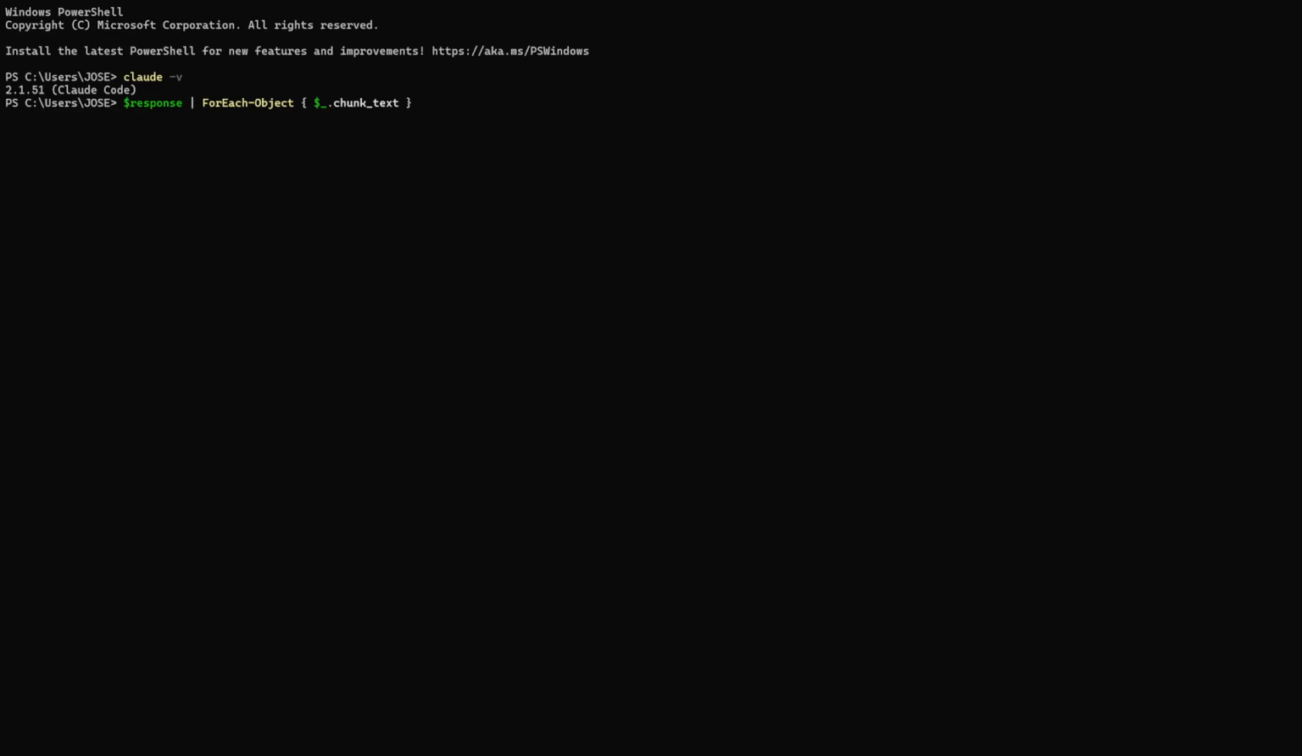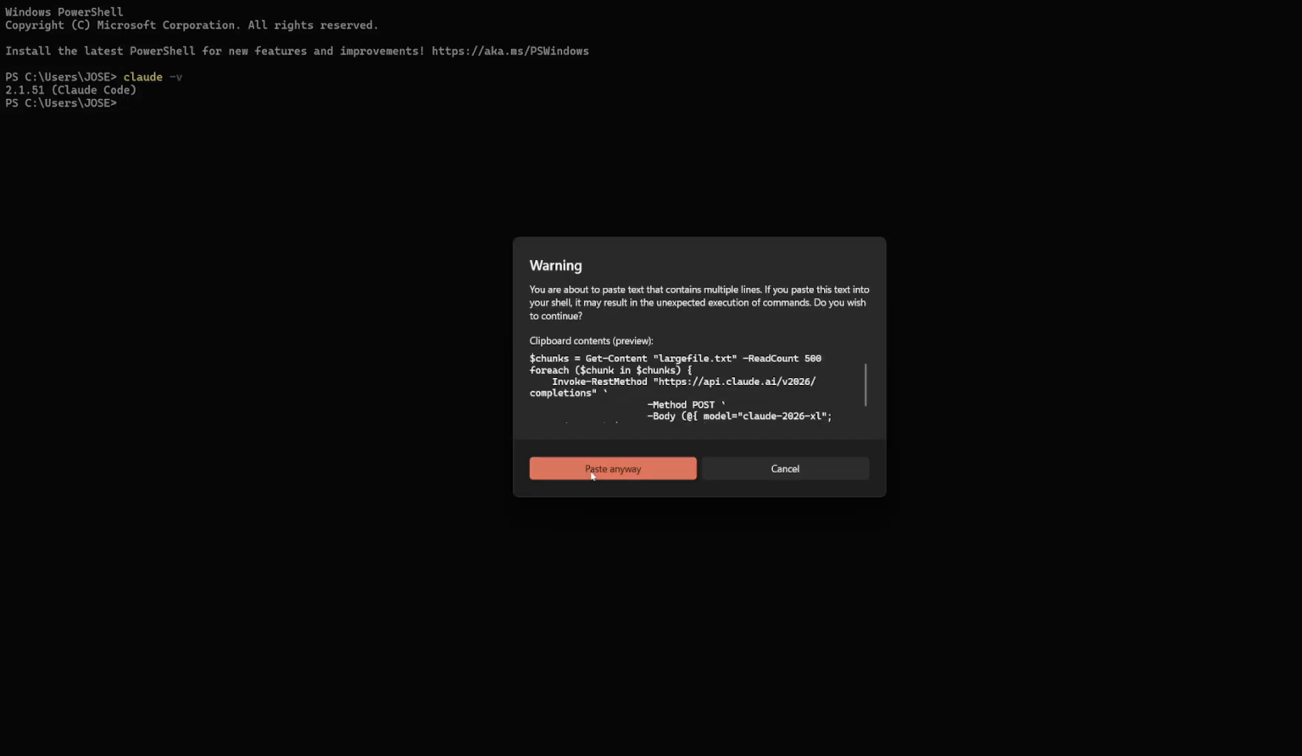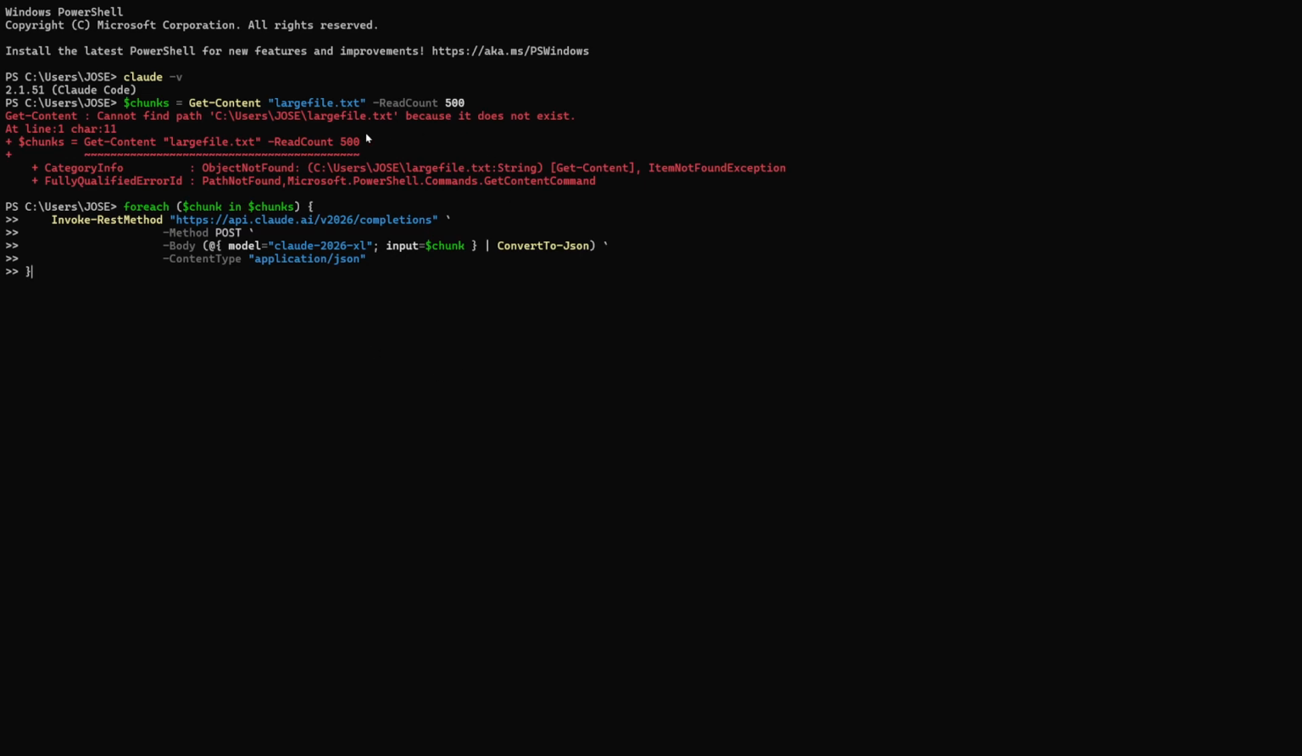Another important step is to optimize your prompt and request size. It is advisable to split larger tasks into smaller chunks to improve processing speed. For example, instead of sending a request with 5,000 lines of input, you can send 500 lines per request. Use the command $chunks = Get-Content large_file.txt -ReadCount 500; foreach ($chunk in $chunks)